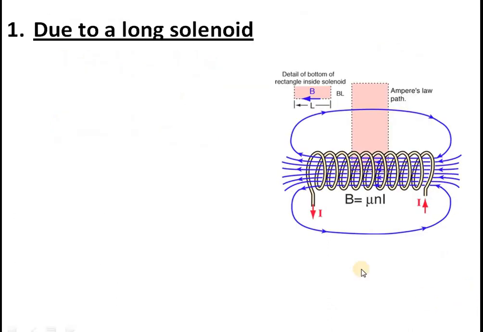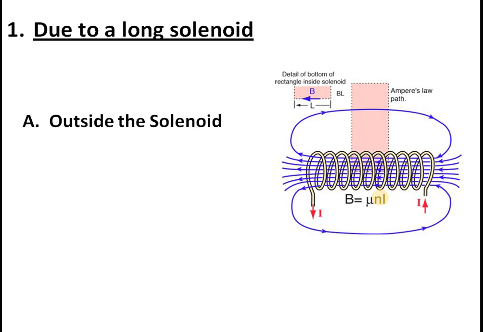So we have a long solenoid. We assume that the number of turns contained in unit length is small enough. That means in 1 meter length there are n turns. Small n means the number of turns per unit length, so its unit will be turns per meter, or turns per centimeter. Suppose you have length x, you get the total number of turns by multiplying n and x. That will give you the total turns. This is a typical methodology in magnetic circuits. Anyway, small n is the number of turns per unit length.